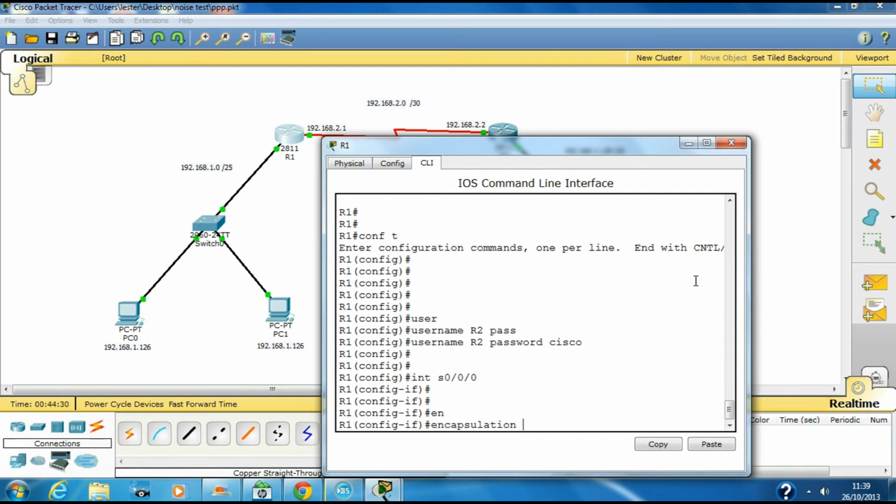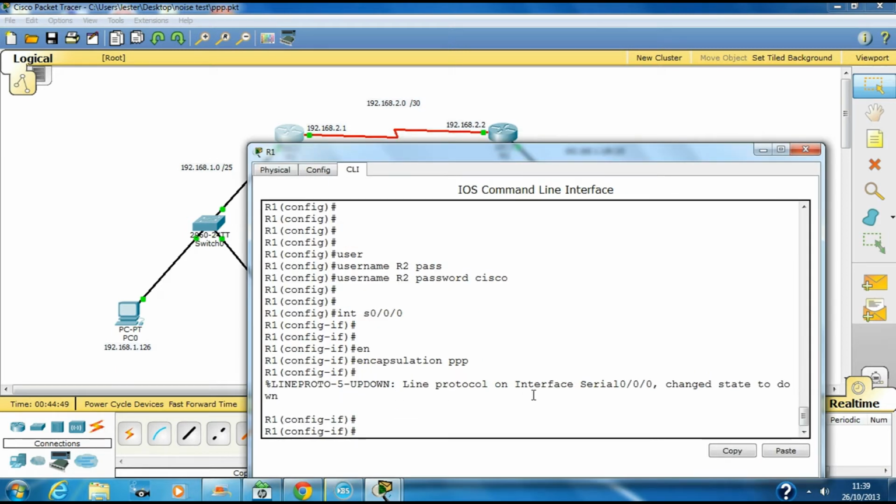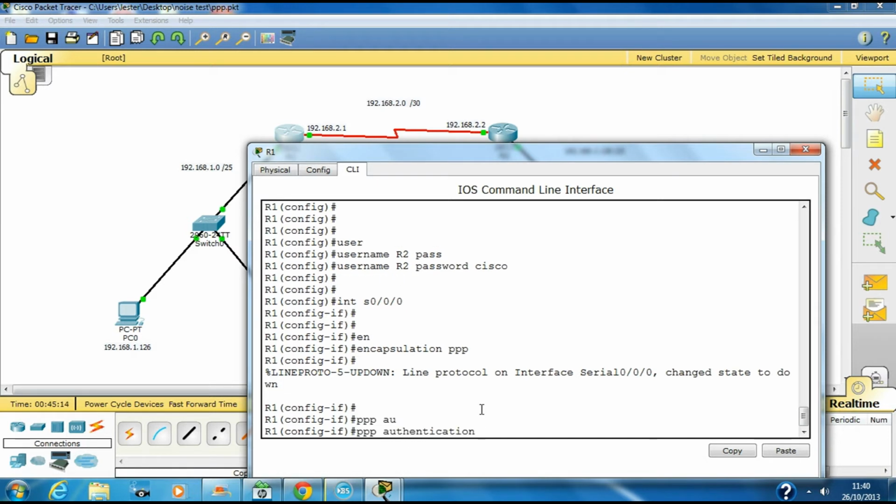So we type encapsulation PPP. Okay, you can see the interface has gone down because by default it is configured as HDLC, and now we have configured PPP, so there's a mismatch. When we configure this as PPP on the other side, the link will come up and the state will change to up. So now, after encapsulation PPP, we have to type PPP authentication PAP